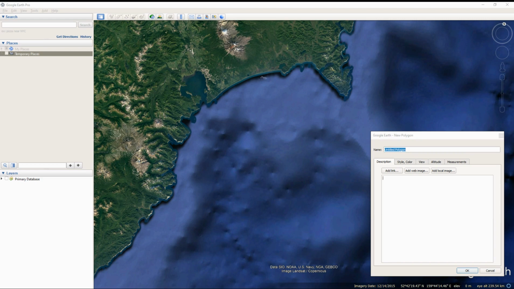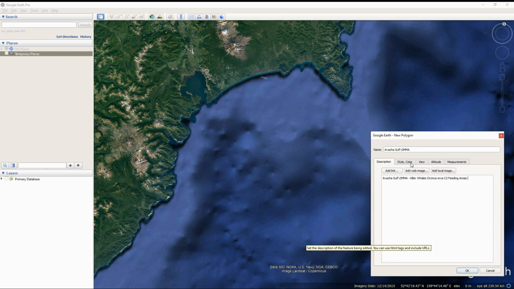So this area in Kamchatka is called the Avacha Gulf, and we're going to call it the Avacha Gulf Candidate IMA. And then you'll find there's a lot of other tabs here. You can add some information, you could put some links, some images, but in this case all we're going to do is we're going to repeat the name of the area. We're also going to add the species which it's being proposed for, and also the criteria which is of interest for the submission, in this case criterion C2 on feeding areas.